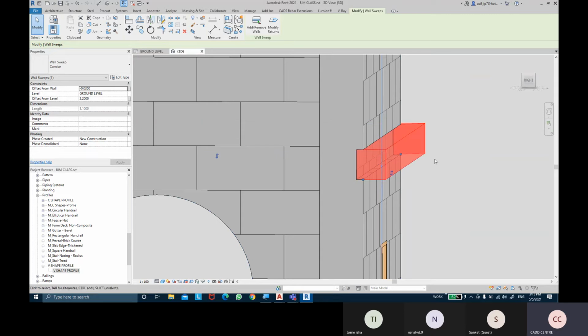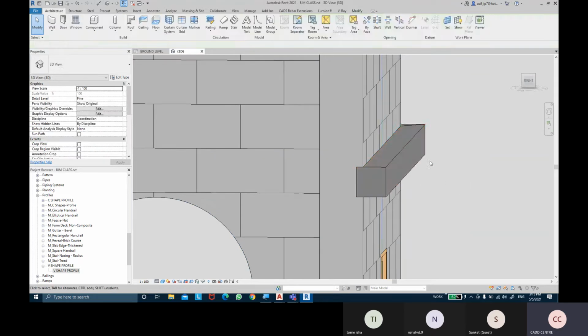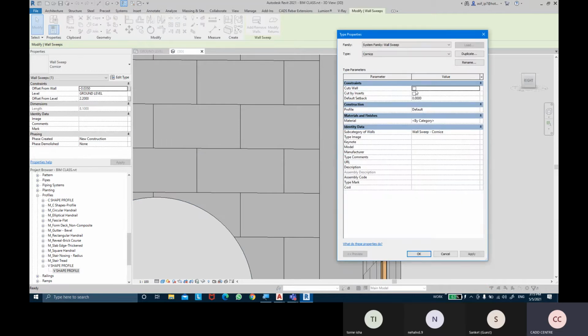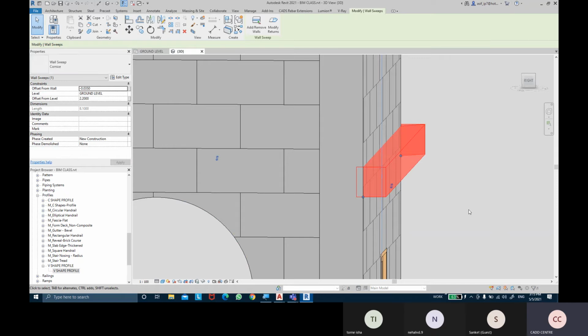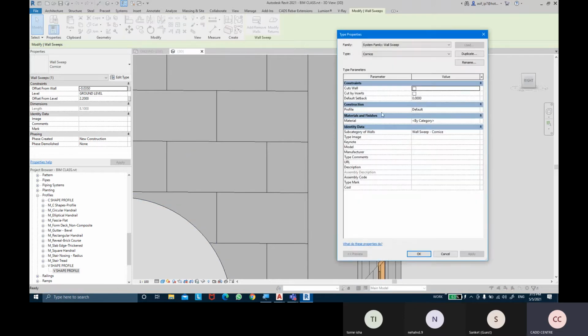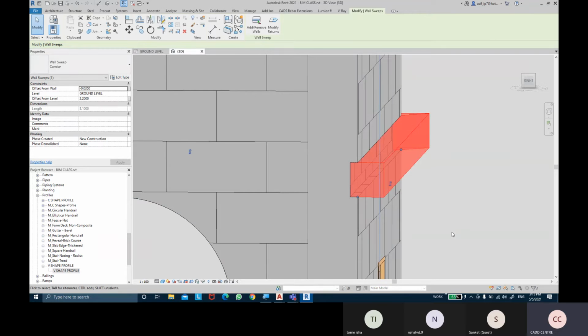So it cuts the wall, and then our sweep is applied. But if I had unticked the cut wall option here, and I click OK, so it's going in, but it's not cutting the wall. So it's overlapping the wall actually, which is a wrong construction method. If anything is going in, that needs to be cut off. So I'm going to make sure that cut wall is active, so that whenever I push the sweep inside, it should cut that much portion of the wall, and then the sweep should be applied. Okay, so that's cut wall.